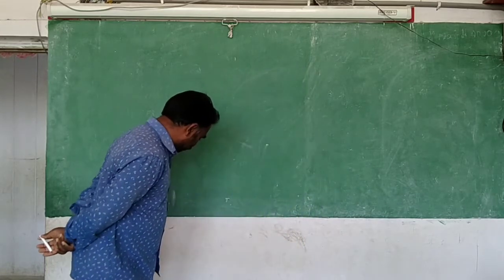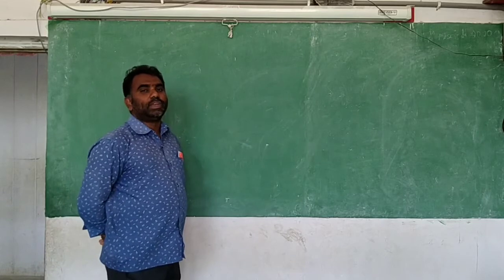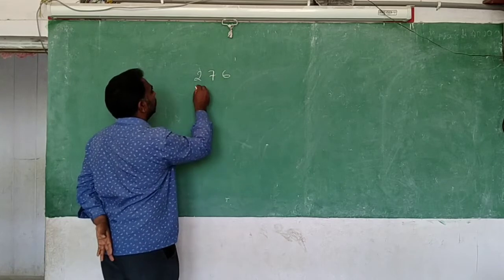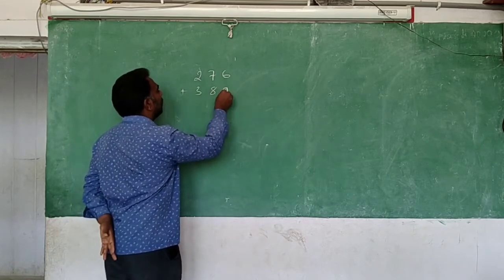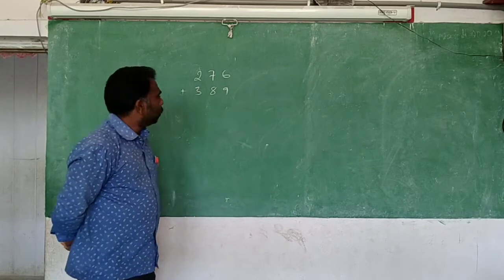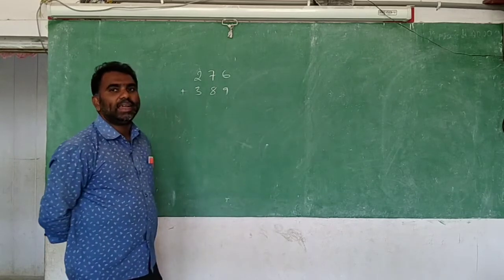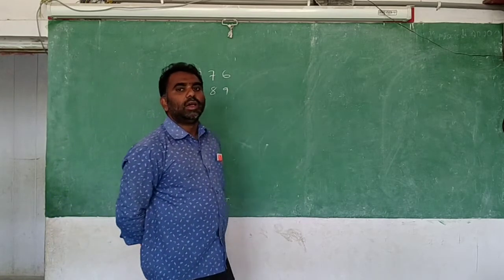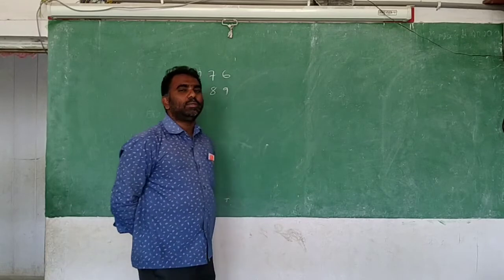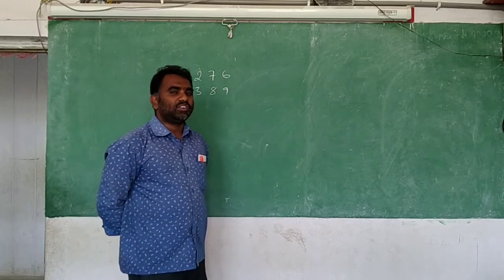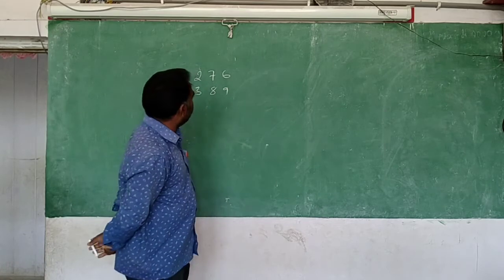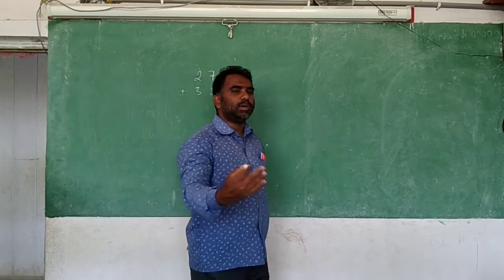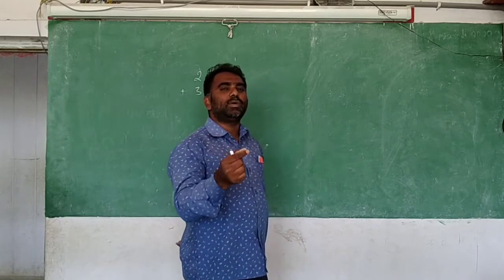Okay, first of all, I am going to say the three-digit number addition. 276 plus 389. This is the question. You know the addition very well, but maybe you don't know the exact meaning. Now I will explain it with the complete meaning. Try to understand it. First of all, you have to know what is the meaning of 276. Maybe you say it is a number. No, not like that. What is the exact number?